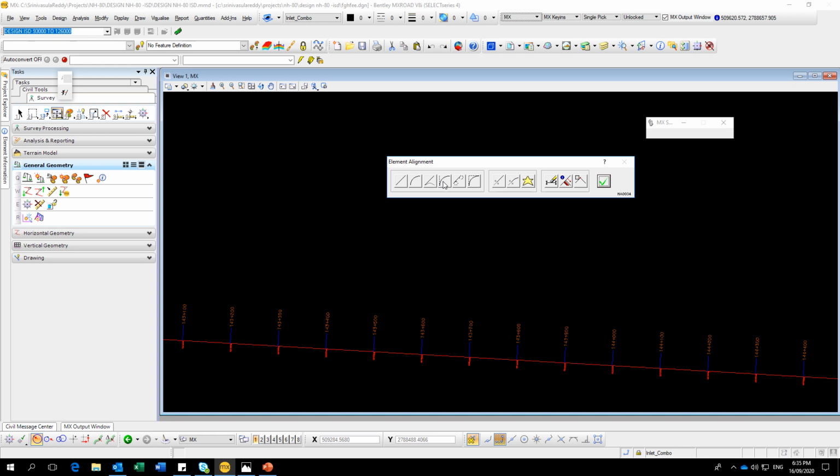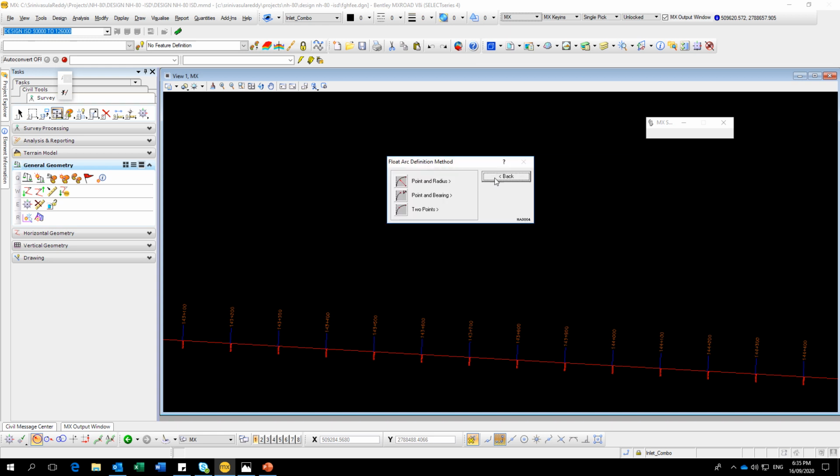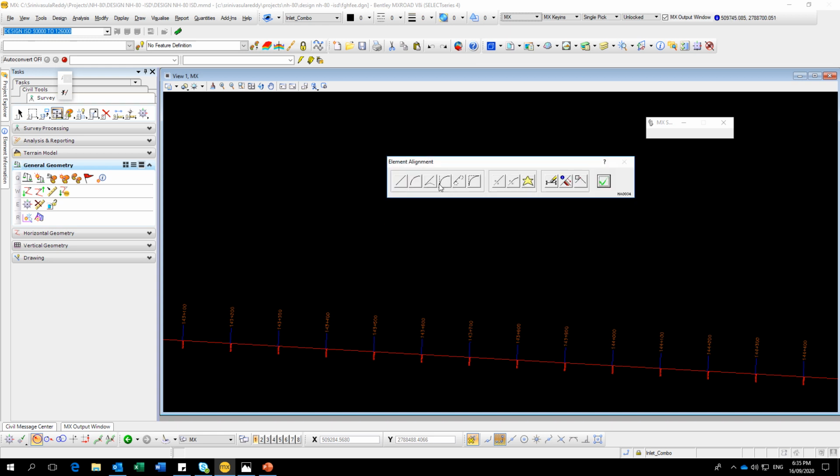Then float arc is also dependent on the straight. Then this one has two elements. Between two curves you have to create a straight, and between two straights you have to create an arc. Then you can use this option. This is entirely dependent. These are semi dependent, or these are independent.